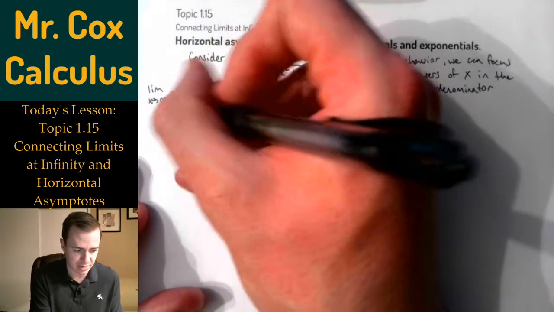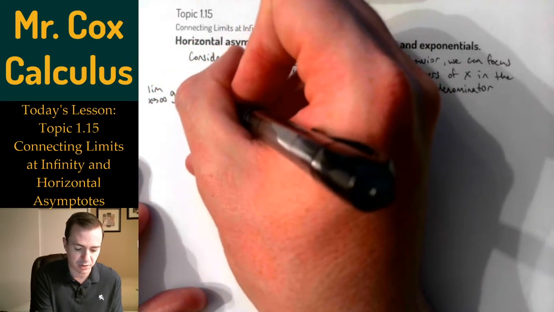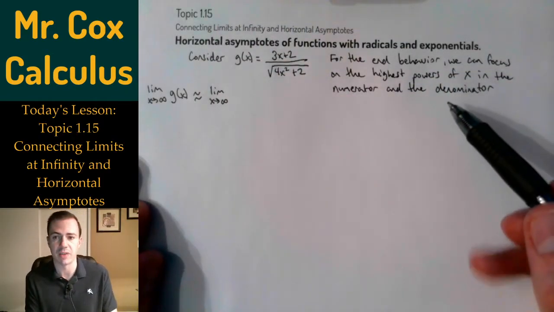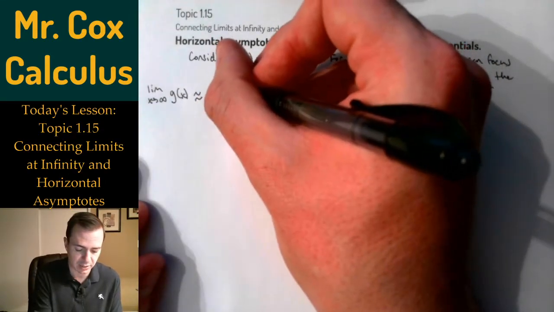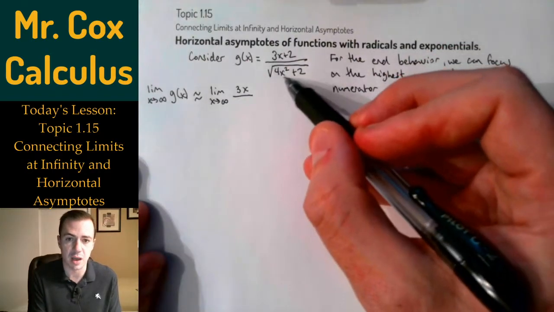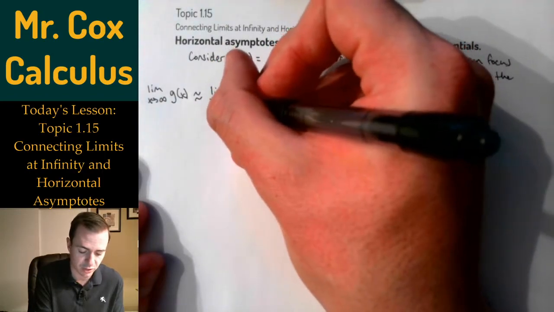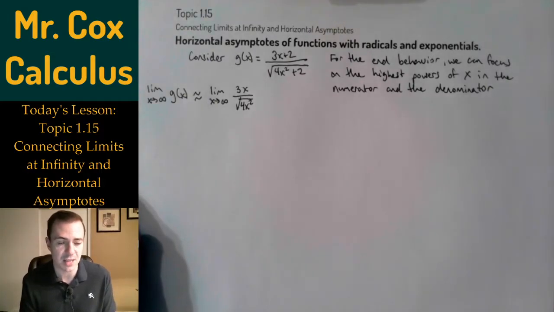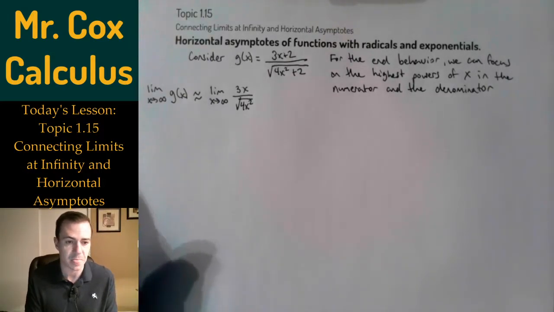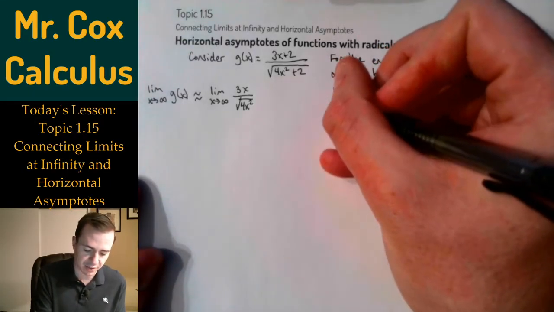Well, this is approximately equal to the limit as x approaches infinity. If I'm looking at the highest powers of x in both the numerator and the denominator, then really what takes control of the numerator is 3x, and what takes control of the denominator is the 4x squared. The plus 2 really loses control of this function, and so it is the square root of 4x squared. Now you might be looking at this and saying, great, that's 3x over 2x, call it 3/2 and we're done. The problem is we have one little definition that's floating around that's going to make things just a little bit more complicated for us. And that is the fact that we define